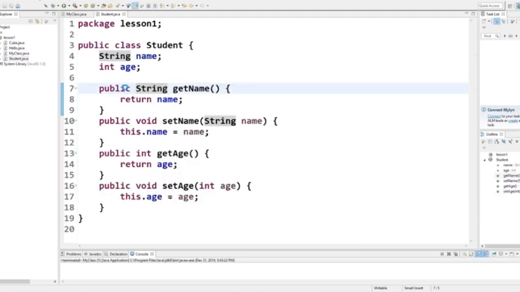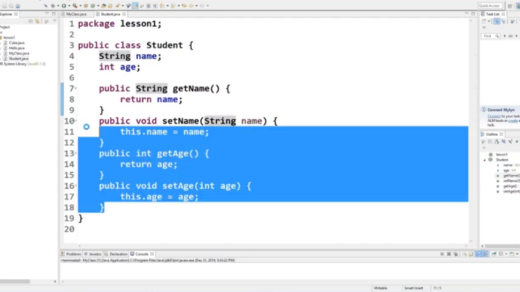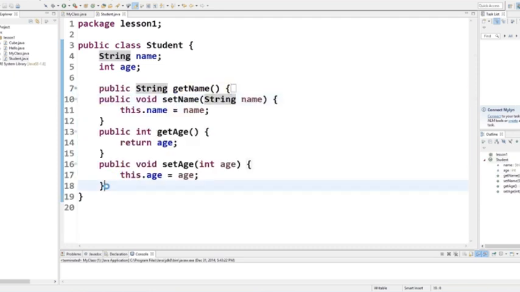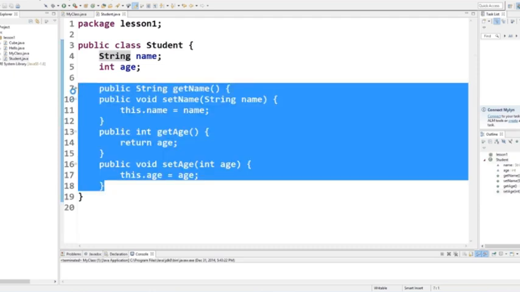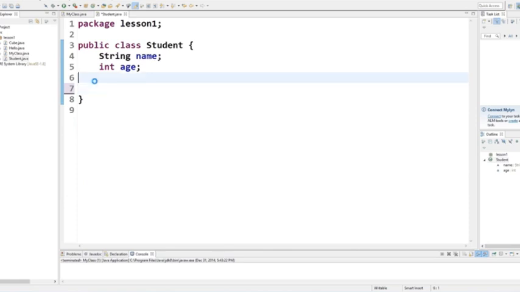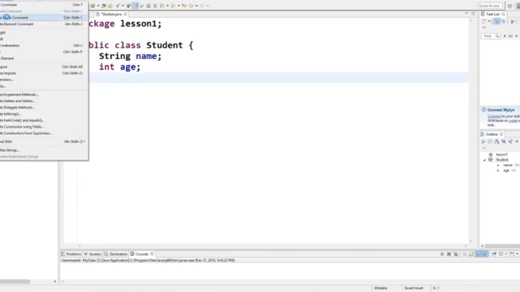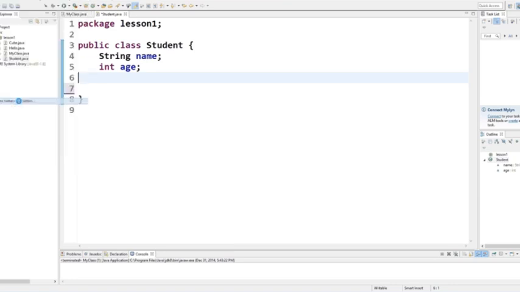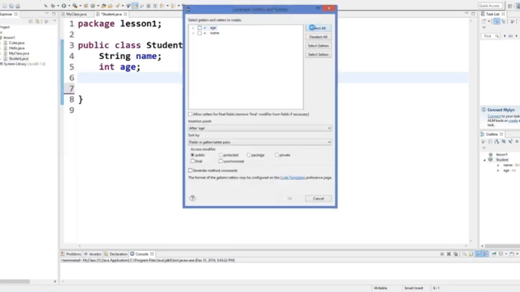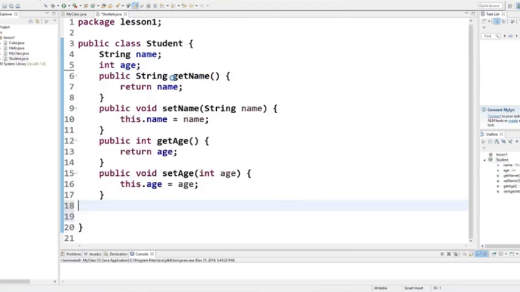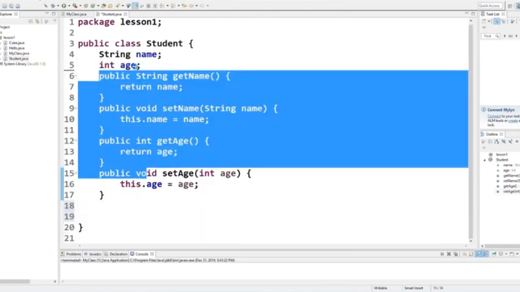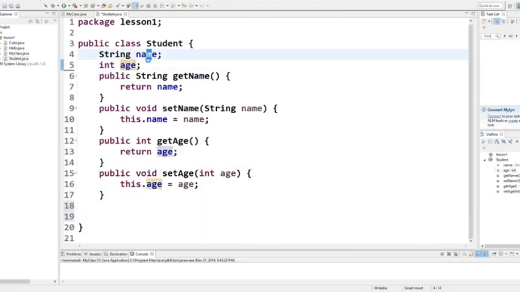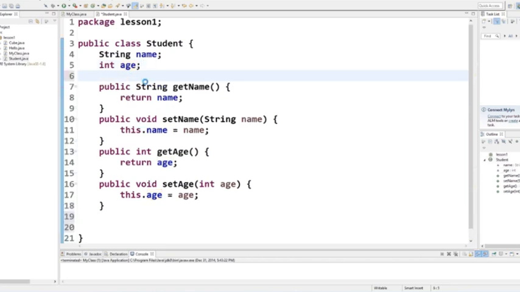class variables. Okay, so if you don't know how to make these getter and setter functions, they can be made automatically. So just go to your class and go to source, and in source you will be able to see here generate getter and setter, and in here just select all and click OK, and your getter and setter methods for age and name will be generated automatically by Eclipse for you. Okay, so